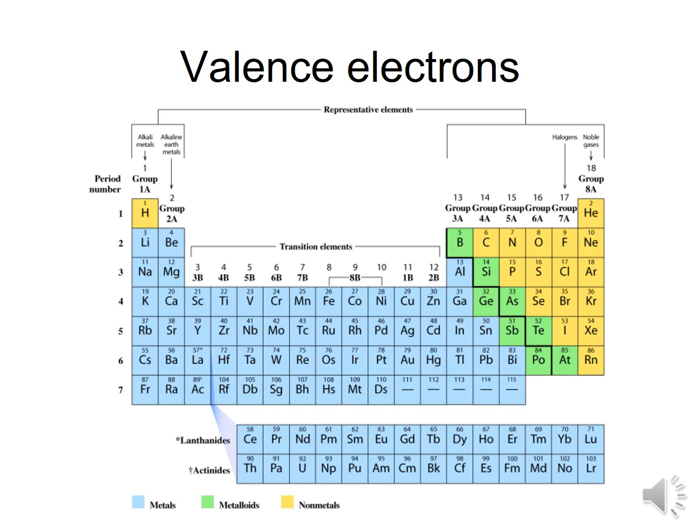So groups 1A and 2A have 1 valence electron and 2 valence electrons. Group 3A has 3